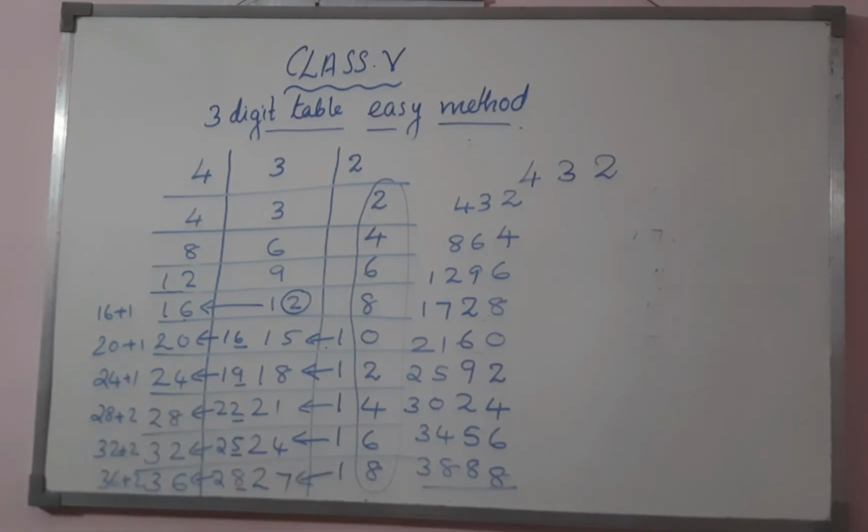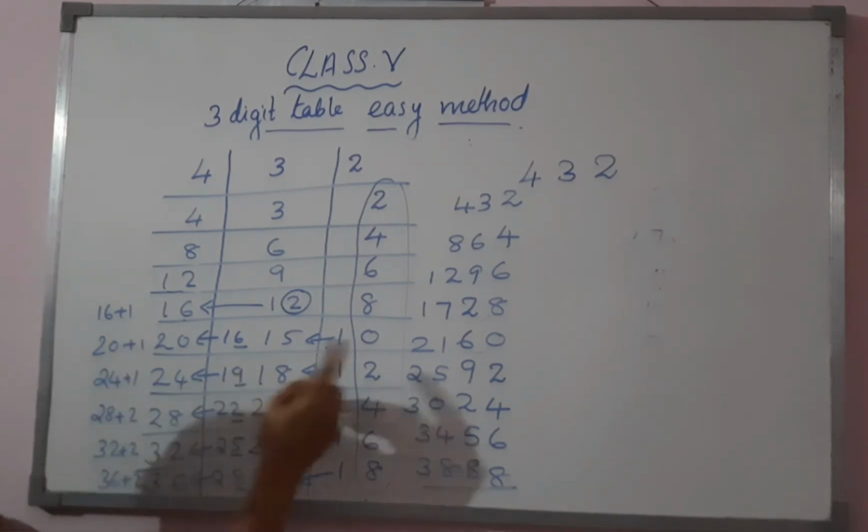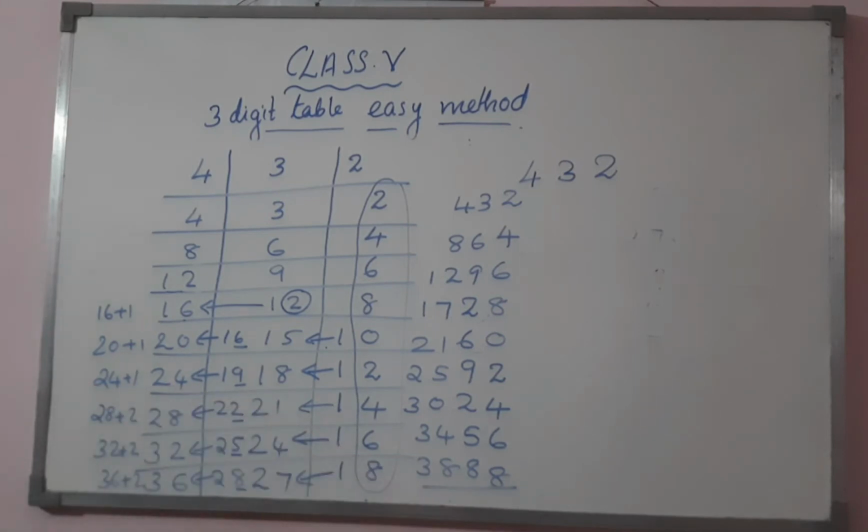We can take the answer directly and write the quotient and subtract and find out the answer. So it's a very easy method. If you follow it for just 1 or 2 questions, afterwards you can do the calculation in your mind. All these things need not be written down directly. In your mind you do the calculation and then you write the digits here. So if you learn this method, then it will be easy for you to do the division.